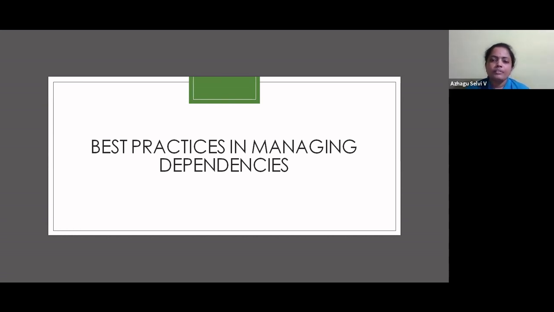But the third point is we need to track it very confidently and very religiously. The reason being, if we just make it part of an action item, we may miss it. So it is always a good practice to keep it as an item on the board, which means you can create some kind of story, like an overhead bucket or placeholder, to manage all these dependent items, so that in the everyday stand-up meeting it is always good to know the status of that particular dependency item and share the status.